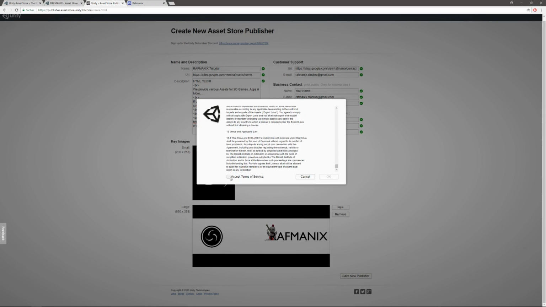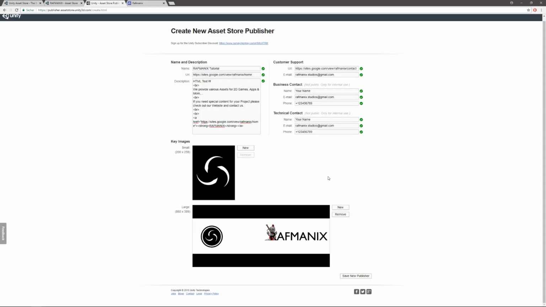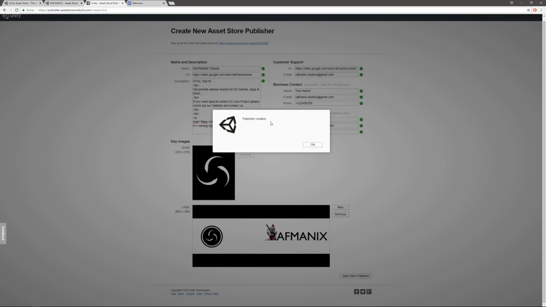Click on Accept. Click OK. Don't be scared, this can take a bunch of time. And when it's saved correctly, your publisher account has been created.